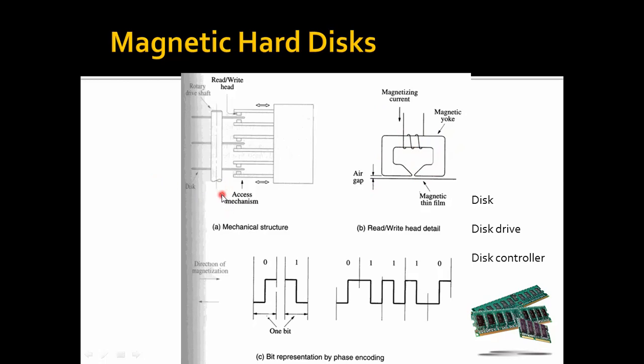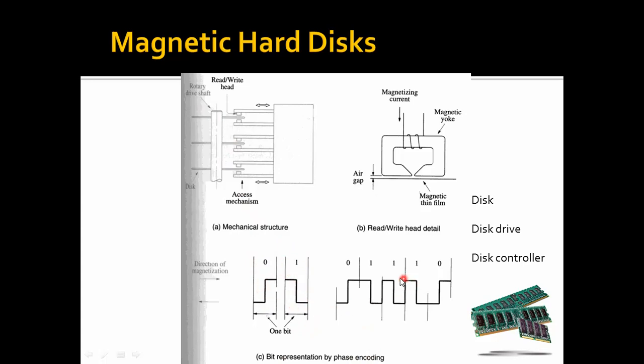Suppose we store data or retrieve data from this hard disk, then we are taking digital information, which is in the form of zeros and ones. How will zero and one be stored? Whenever the pulse goes from low to high, this is taken as zero. Whenever the pulse comes from high to low, this is taken as one. So this is the bit representation in the hard disk, zero like this and one like this.